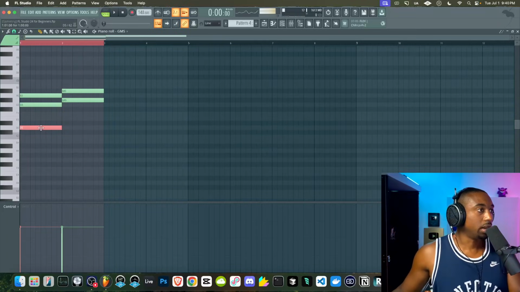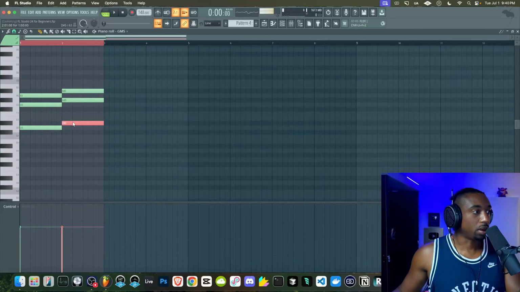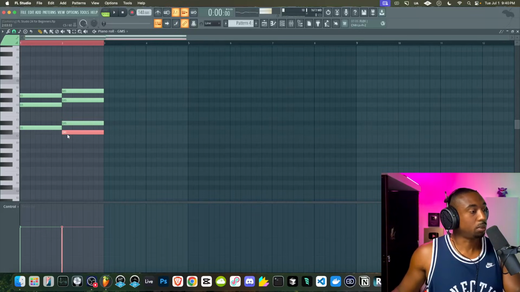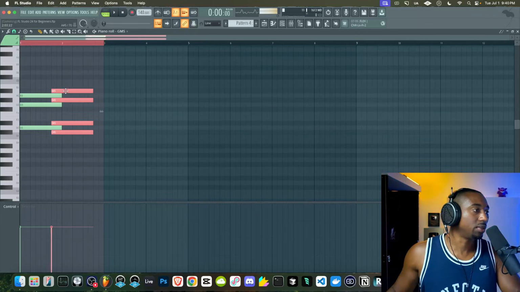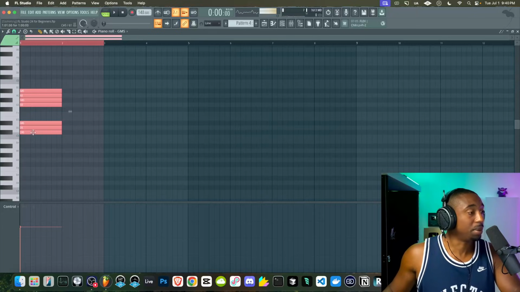We're going to take the root note again, hit Control, hit Shift, and we're going to add a note above the root note and below. So all these notes, all 7 of these notes are usable for our melody.